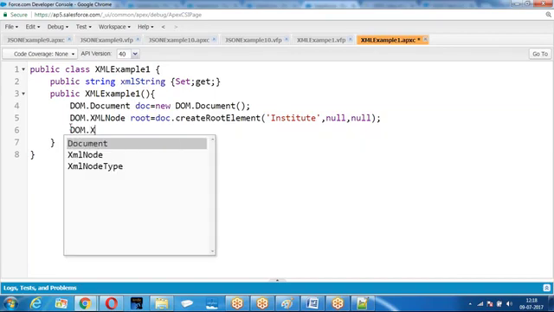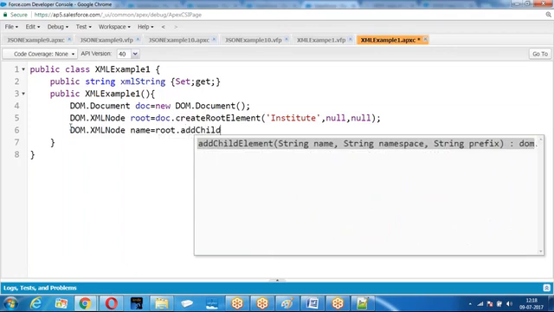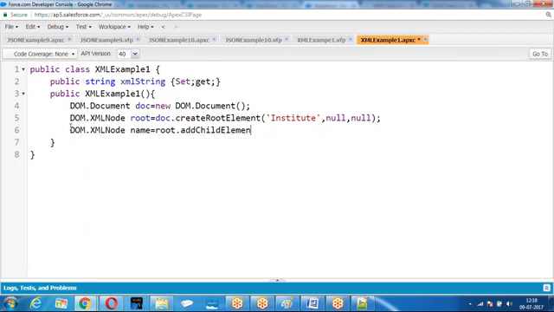DOM XML node. How do you create an element? For which element are you creating a child? Root dot add child element, name. What is the name of the institute you want to add? So element. What is the element name?